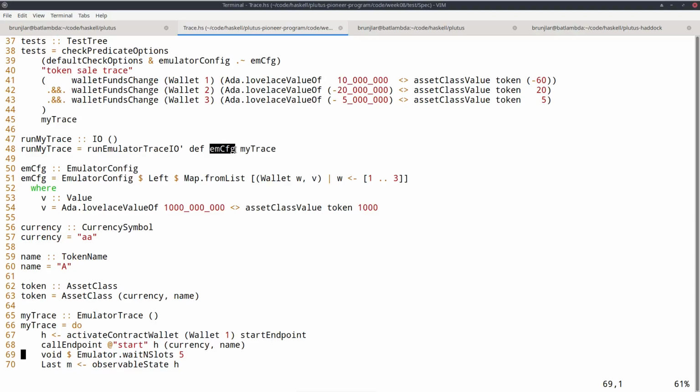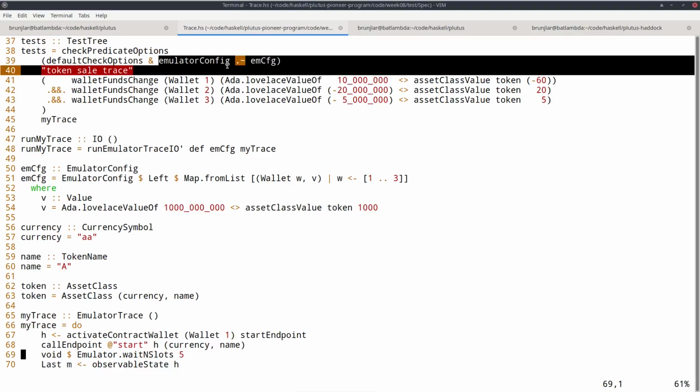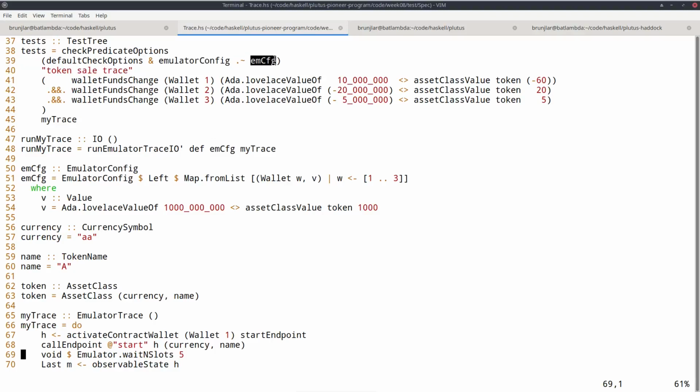I showed you that earlier. So I want to do the same. But now, unfortunately, in order to set that, I have to use these optics. So let's ignore that for now. Just this syntax works. So these are the default check options, and then I modify the emulator config in it to have this value. Then the next argument is the name, so I just call it token sale trace.